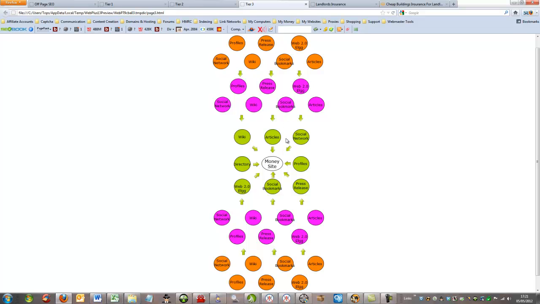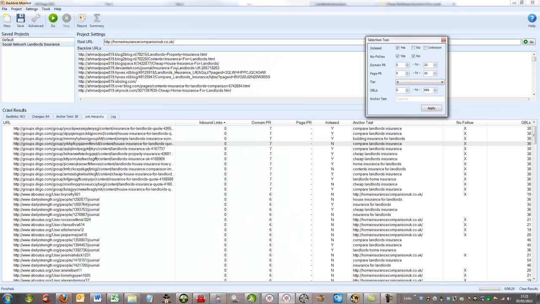You need to be organized. You need to be able to separate your tier 1 links by platform. You need to be able to separate your tier 2 links by platform, and even be able to organize your tier 3 links by platform. You can't do that unless you're using this. Well, this is how I use it anyway. Just to give you an example,